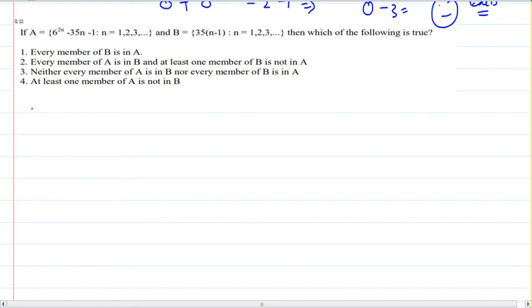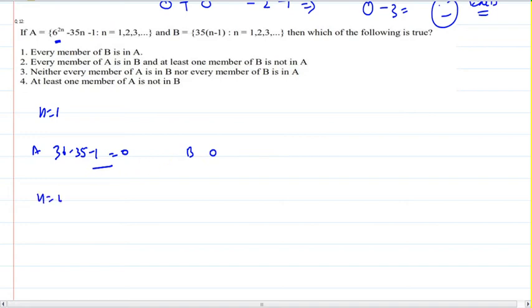So here I can solve this problem, I think, in two ways. One is put 1, 2, 3 for n and see what is going on. Second that I can think of is you expand this term and see what happens. See, if I put n is equal to 1, I get on the left hand side 36 minus 35 minus 1, that is 0, that is A. On the right side I get B, that is again 0. So A and B are same values.